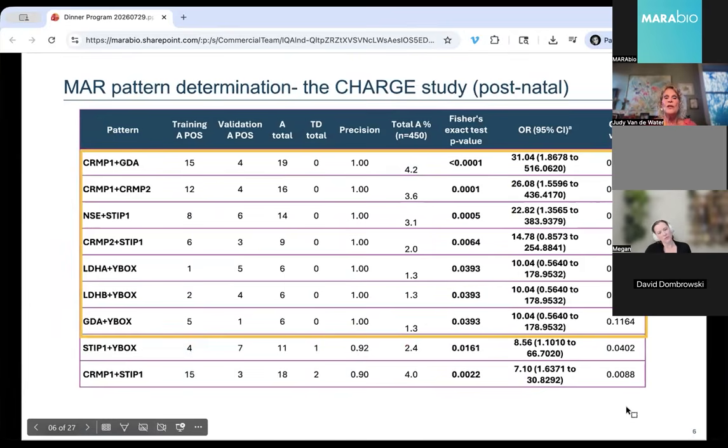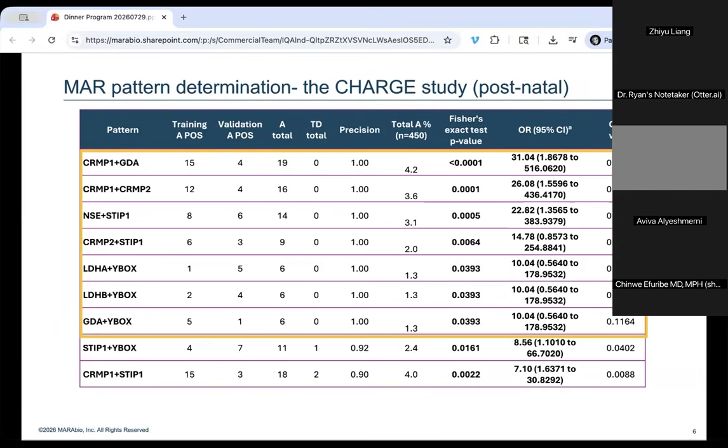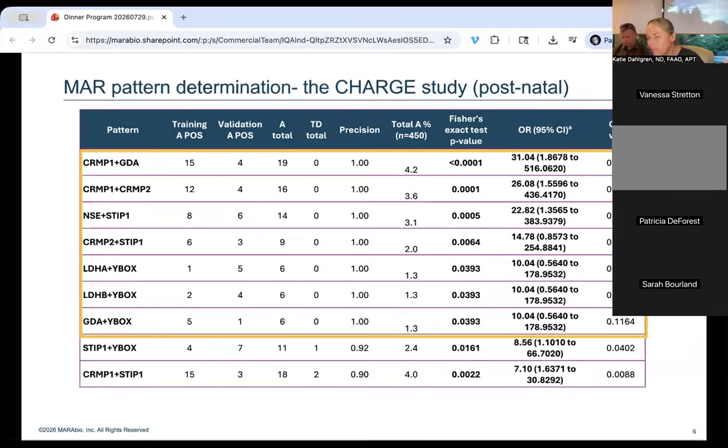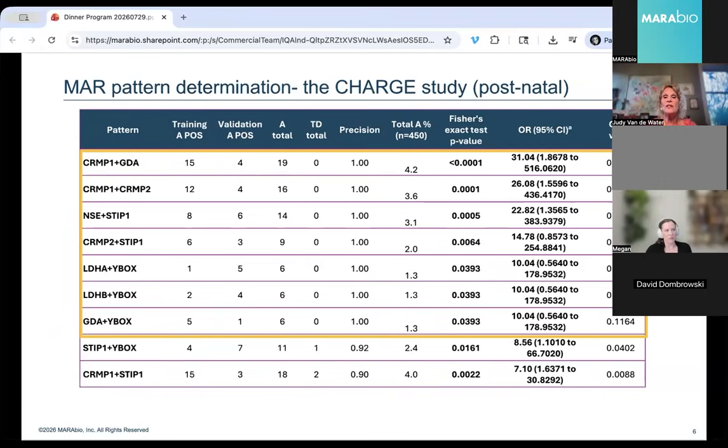And so when we first began this, once we identified what the proteins were, we started looking for whether single antigens or combinations of 2 or more gave us a very specific autism diagnosis. And we noticed that there were a few patterns that we only saw in the autism population and not in the typically developing control population. And so those are the ones that are boxed in yellow there.